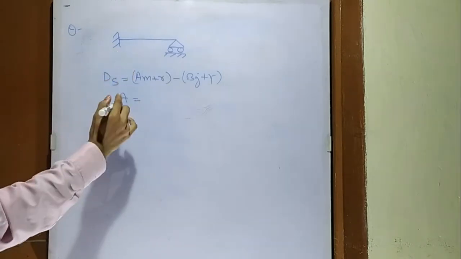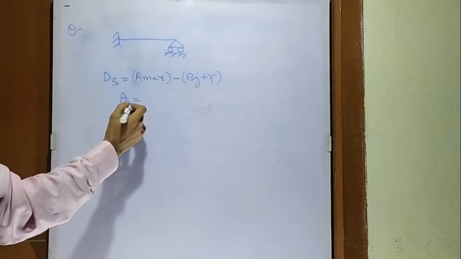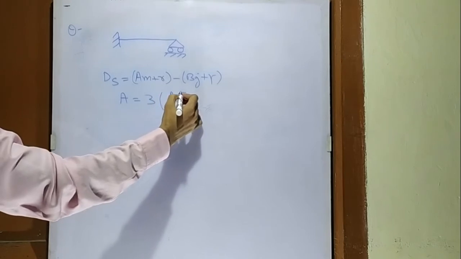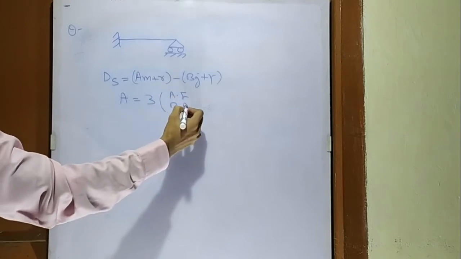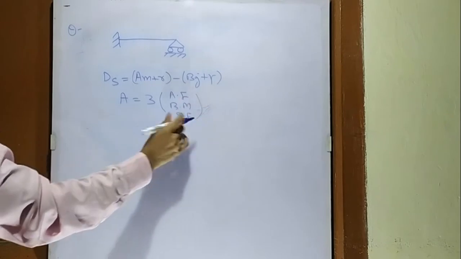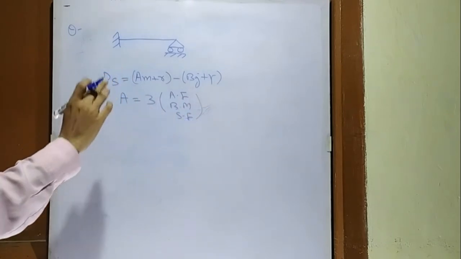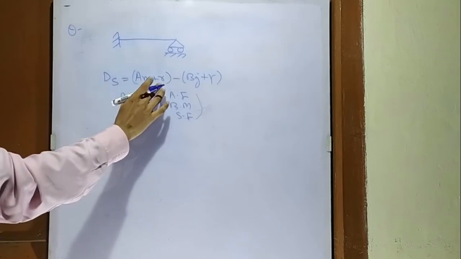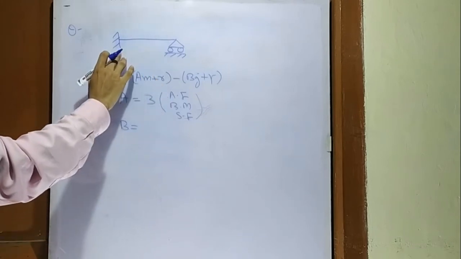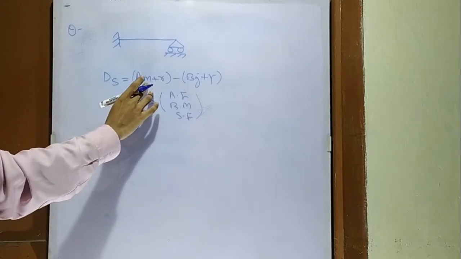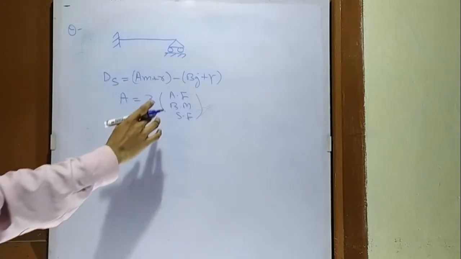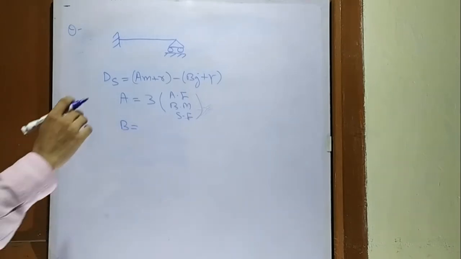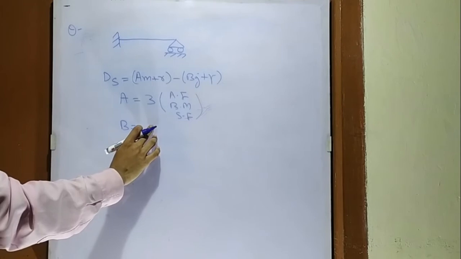So in the case of a beam there are three actions available in a member. What are those actions? Those actions are axial force, bending moment and shear force. So these are the three actions available in a beam in the 2D case. And what is the value of r? We can find it from the support condition, and m is the number of members in the structure, and the value of b is equal to the equations of equilibrium available at a joint.